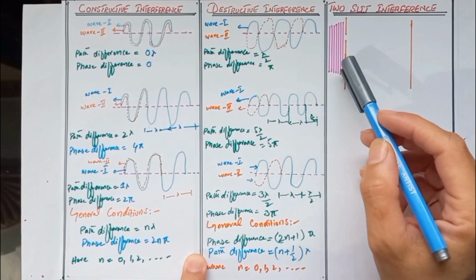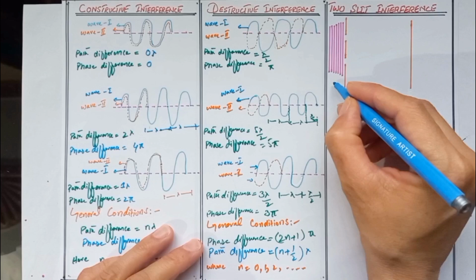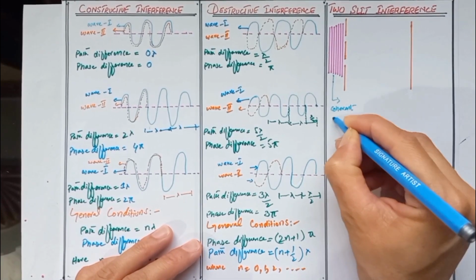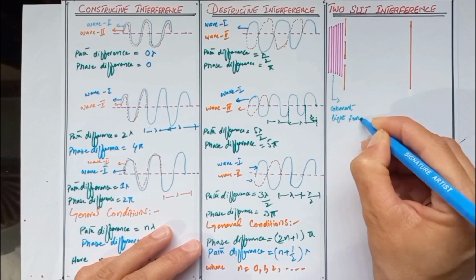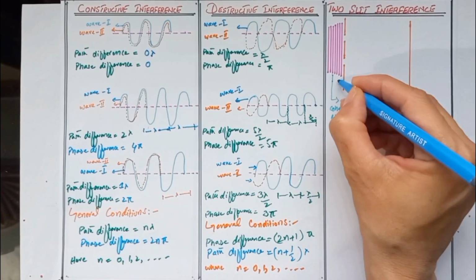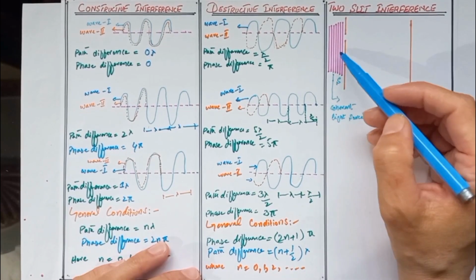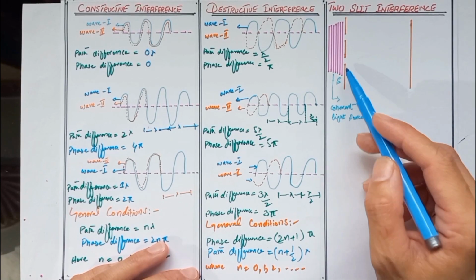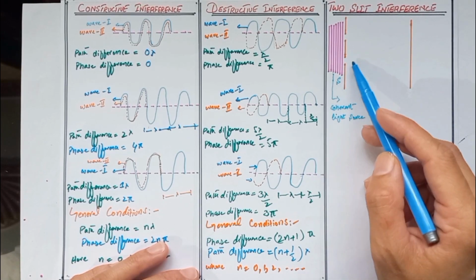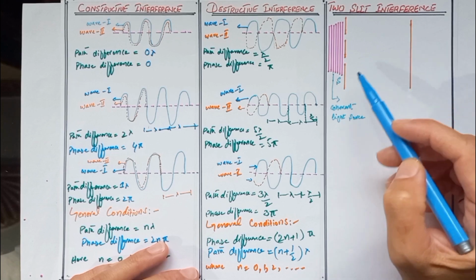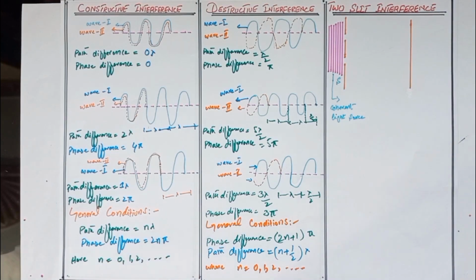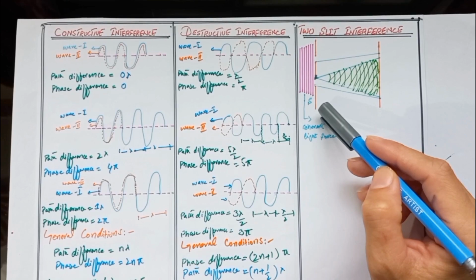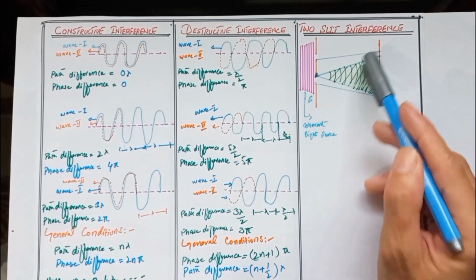In our setup we will have a coherent light source. A coherent light source has light waves that have the same wavelength and maintain the same phase relationship. When we pass the coherent light through the two parallel slits, it will spread out from each slit. This is called the diffraction process.